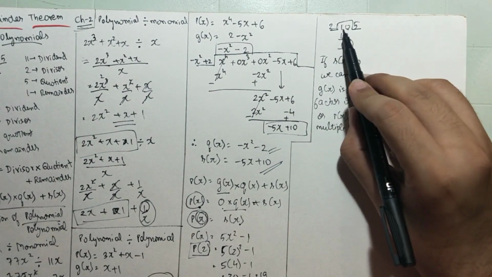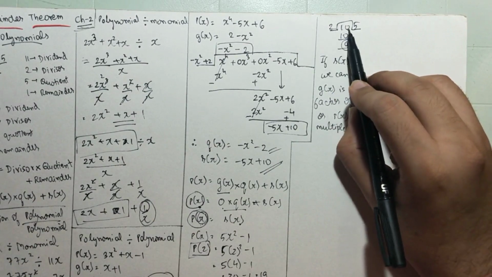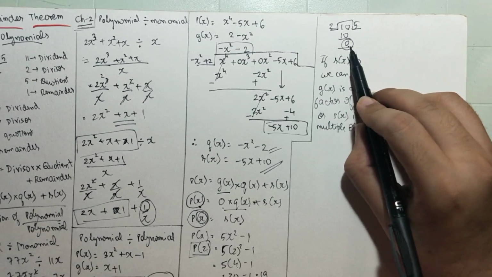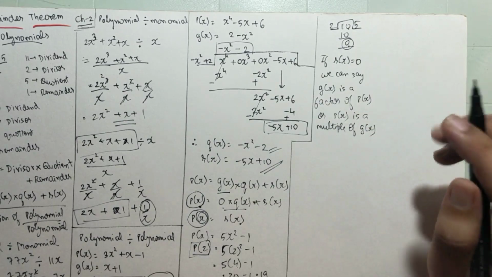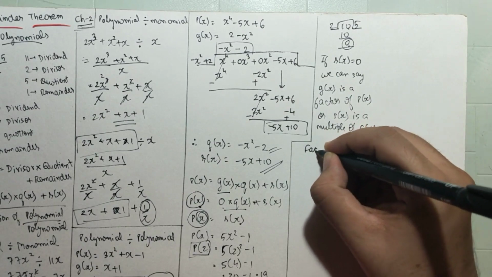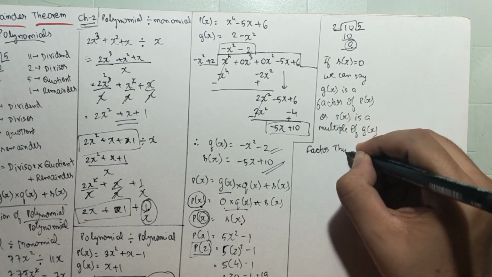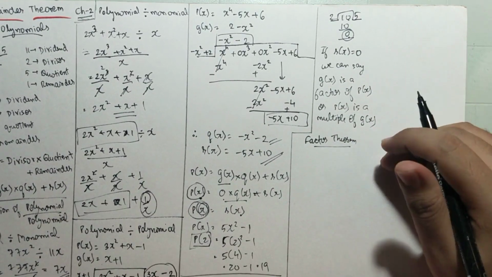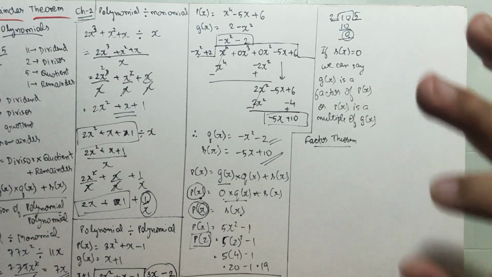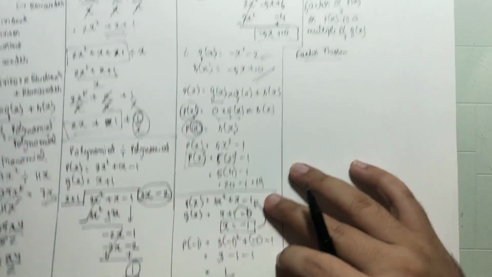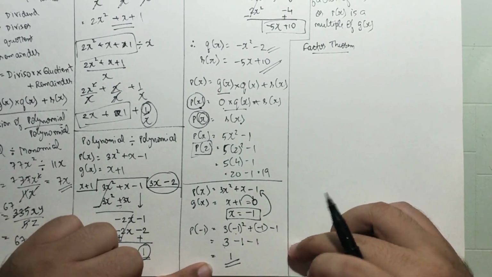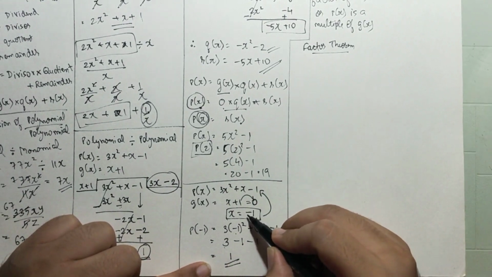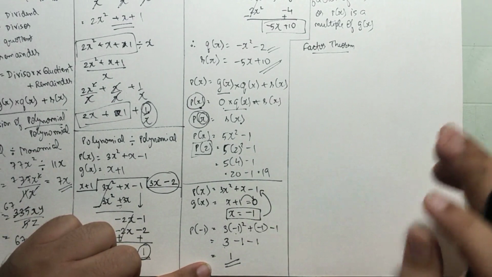ये हमारा g of x है, ये हमारा p of x है. इसके एग्जांपल से लेके देखिए. This is the multiple of this and this is a factor of this if the remainder is 0. Same follows with polynomial. This is known as factor theorem. For the next exercise 2.4, this is known as factor theorem. So now what we learnt again, if you want to find only the remainder, then equate the divisor to 0, find the value of variable, substitute that value and you will get the remainder.